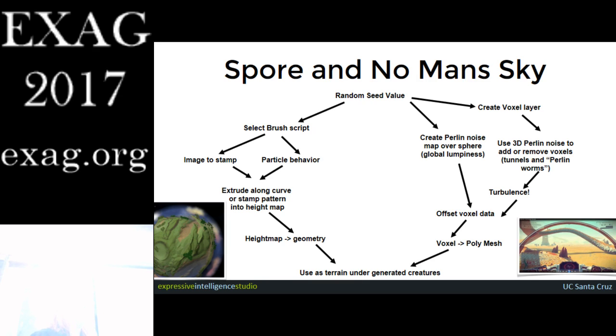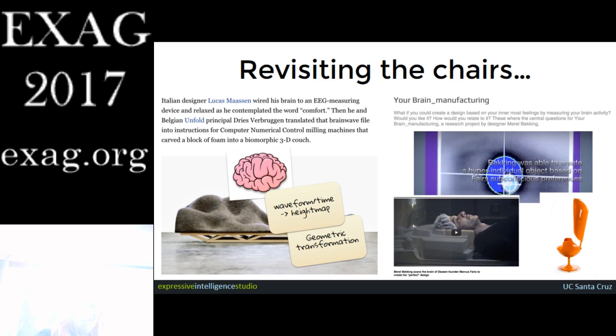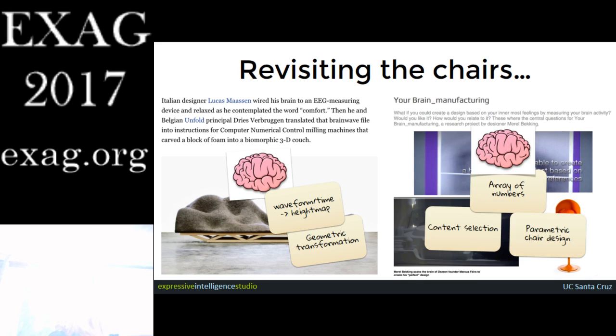And it's fun as a reviewer to try and find the systems that do. But you can also use this to analyze systems and how they're different. And yeah, just revisiting those old chairs. The one on the left takes your brainwaves, uses that waveform time to make a height map, which is a geometric transformation. The one on the right makes an array of numbers, selects some content, and then I will